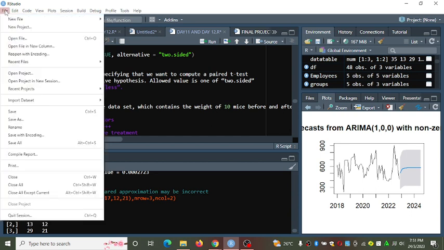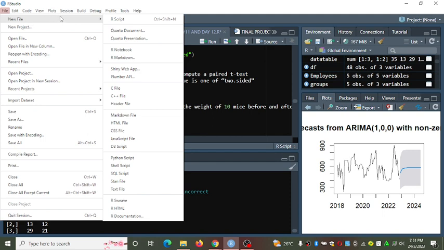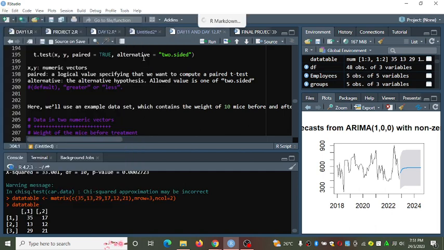You just click on File, then click on New, then go down to R Markdown.